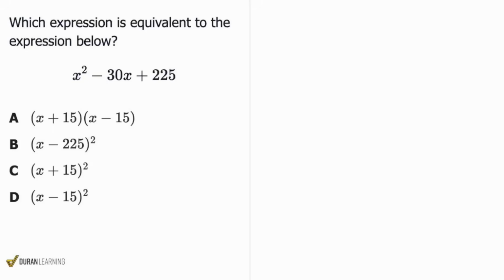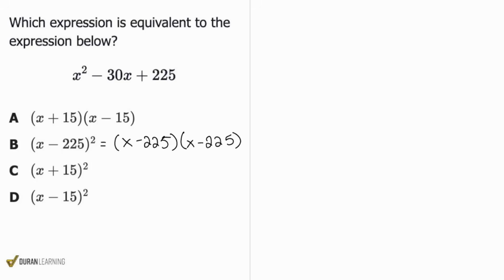We can either start with the answer choices and do trial and error, or we can try to factor this out. And given that these answers follow their own unique patterns, we might be able to do this without doing a full-on multiplication. So I'm going to confirm for myself that x minus 225 all squared is the same as saying x minus 225 times x minus